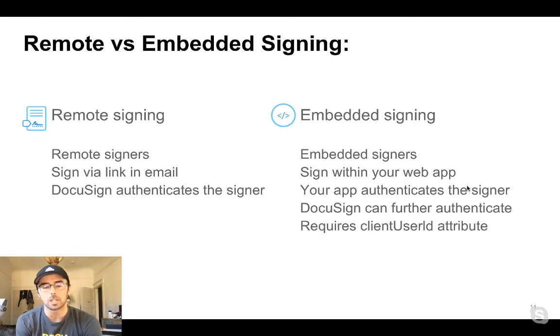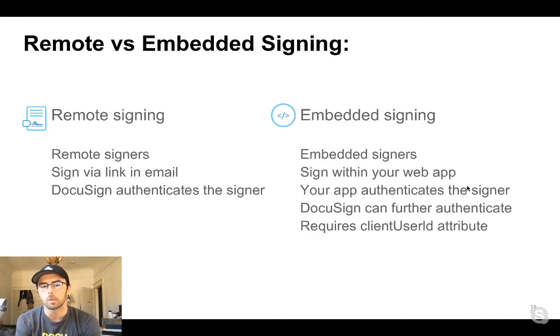In the API, you can build up an envelope definition and send off a request to sign via email. This is what we call remote signing. In this case, again, the link is sent securely via email, and DocuSign will authenticate the signer. The disadvantage of this flow is that if you're building an application, there is an inherent context switch that's required. For example, if I'm on XYZ application and I fill out a form, and the submit button is going to trigger a DocuSign envelope to be created and sent, your application might throw a modal that says, go ahead and check your Gmail for an email from DocuSign and sign it, which is okay.